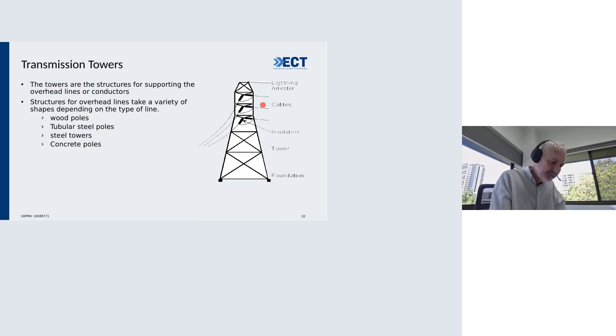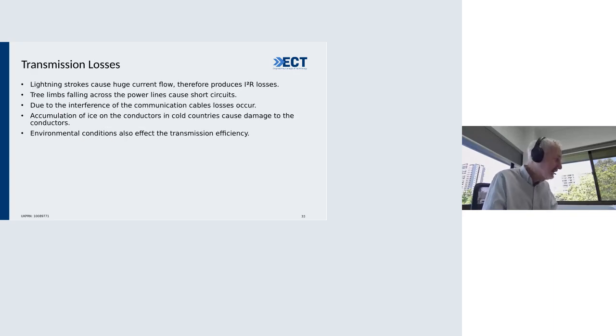Transmission towers, very important. Concrete poles, steel towers, occasionally wooden. Wood actually has to be dealt with carefully. You could get leakage of current down the pole and some losses there, but let's not talk about that now. Mainly distribution. Transmission loss, lightning strokes, huge current flow, I squared R losses, and obviously transmission